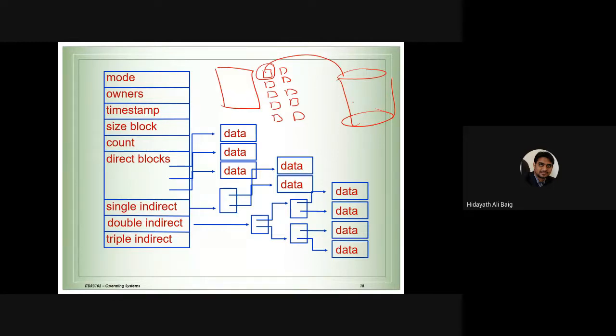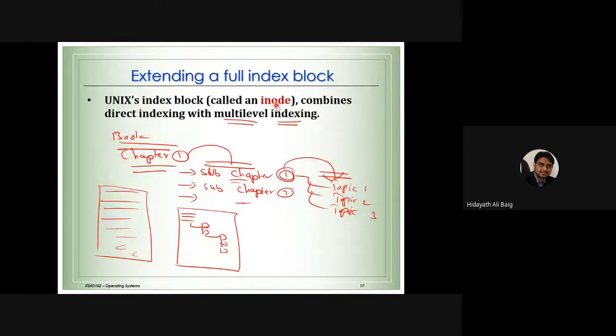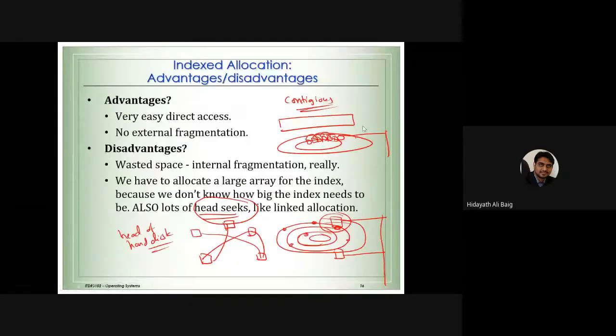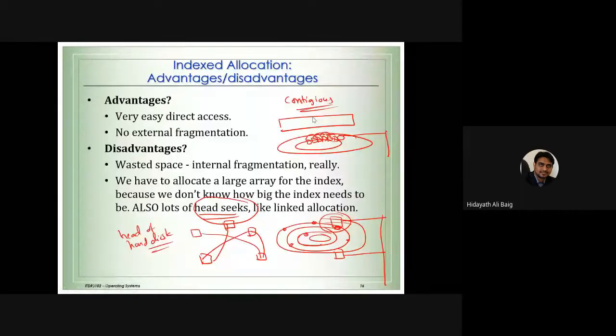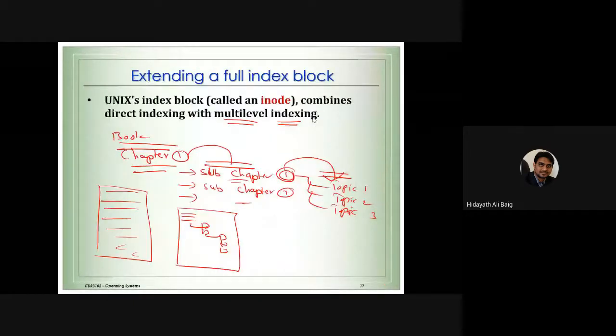If it is Windows, it will use the file allocation table. If it is Unix, it is going to use this inode to store the information about the directory. What is the main point we need to know? What is the information of the directory. So what kind of information does the folder contain? That is the main point we need to understand. That is the main idea of this particular lecture. So that completes that.